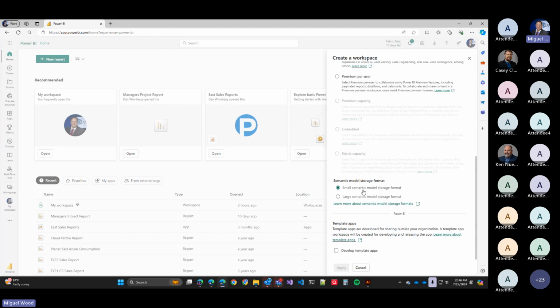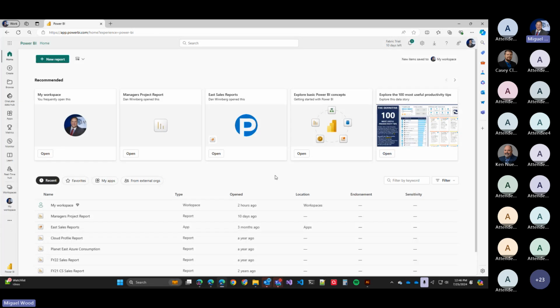And then I have whether I'm going to use a small semantic model storage format or large. Large is going to be enterprise-wide. A couple other things I would actually say is notice endorsements, notice sensitivity. That's your Purview piece here. When it was opened, what the type is. So I see the object type and the location of where it's at as well.